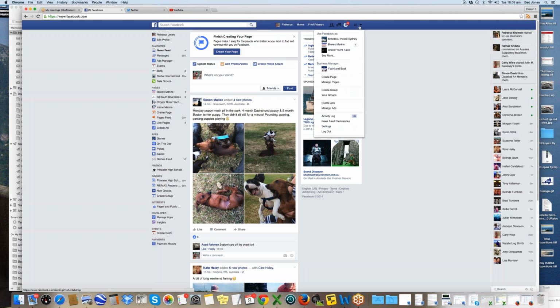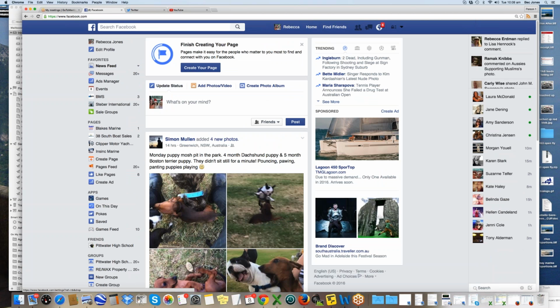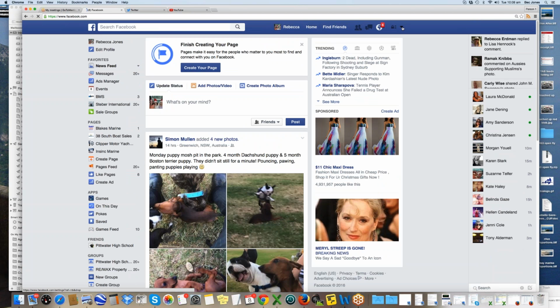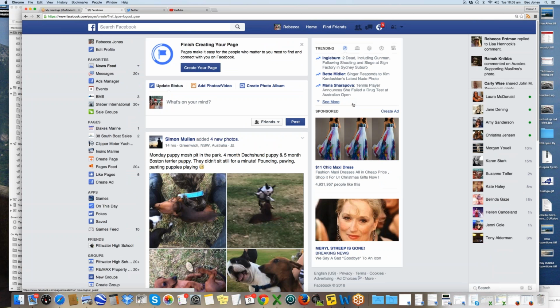To make a business page, though, it's pretty easy. You just hover on this little arrow over here in the far right-hand corner of the Facebook page. I might even zoom in a little bit with my plus sign, just so you can get a bit closer, because it's a bit hard to see otherwise. If you click on that arrow, it'll give you some options. And you can see here there's create page, manage pages, groups, and so on. We want to create a page. So we click on create page,